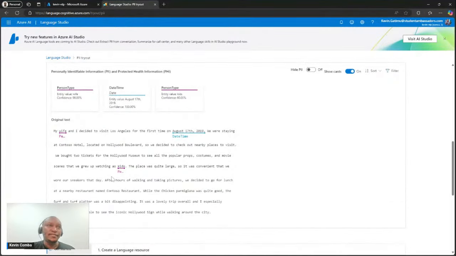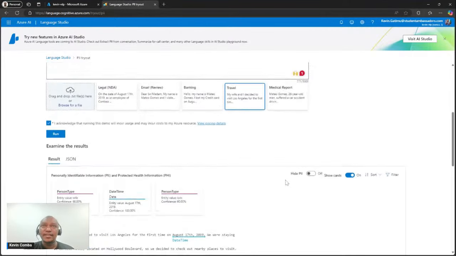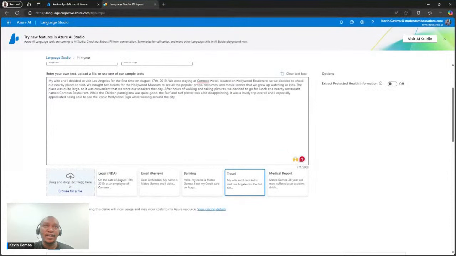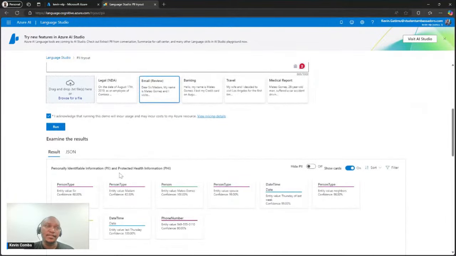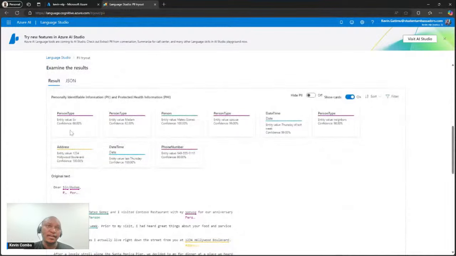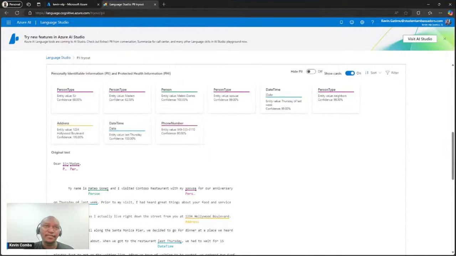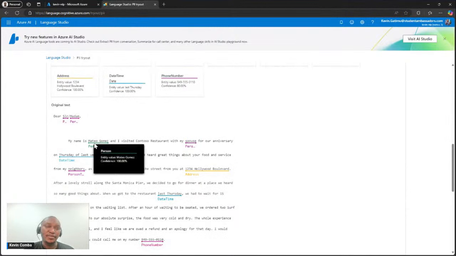So, yep. After running, you see that it's able to identify personally identifiable information like wife and the date and the kids. And you can add your data here also. I'm not going to do that because of time, but you can use whichever type of data you want and test. Okay. Say, for example, this is an email. You see, we have personal type, we have phone number, and it's going to identify which and the confidence. So the entity is Mateo Gomez of type person, and then you see the percentage of the confidence of the